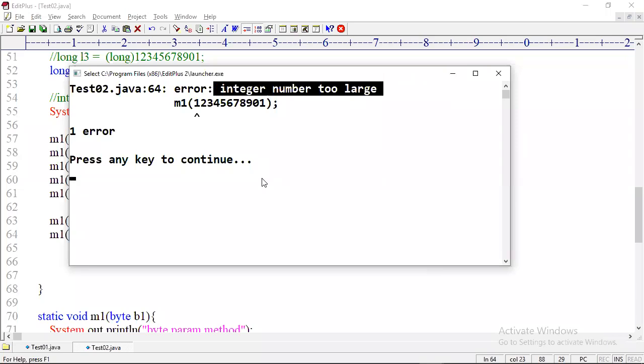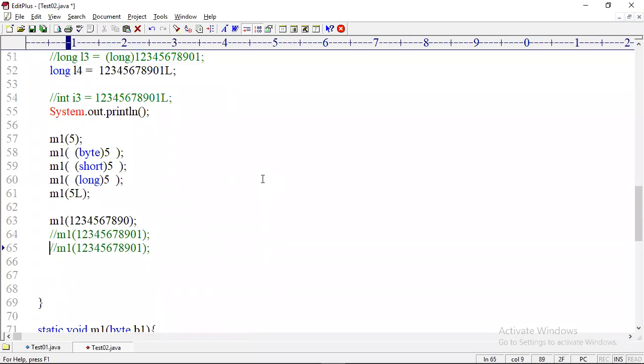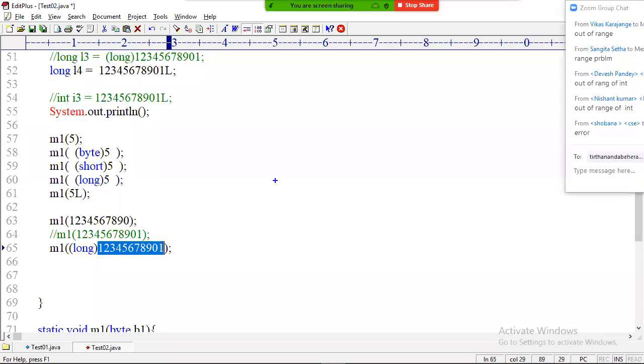The compiler is telling that it is considering your integer as an int, but it is out of range of int. Integer number too large. Okay, compiler, don't worry. You convert that int number to long type and use. Then again it is looking at your face very seriously, with an angry face. I am telling the problem is with the number. After I take this number into my hand, I can do conversion. First of all, I am unable to take this number into my hand. For example, there is a hot coffee cup, and I have to write like this.